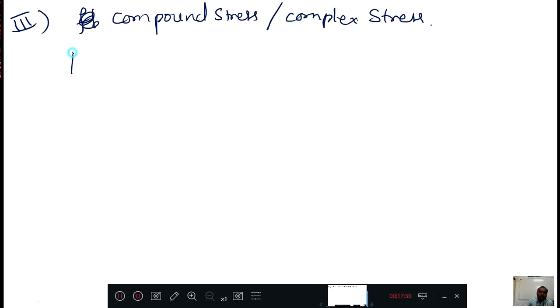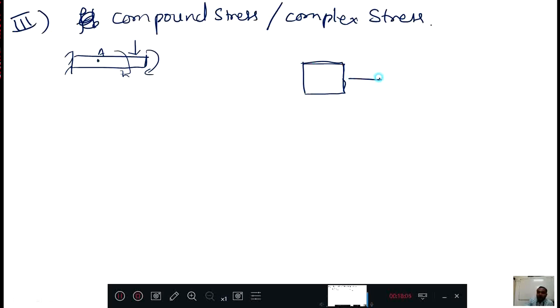Say for example, this is a beam. It is loaded with some force. Some torsion is there, some force is there, some moment is there. If I consider one point here somewhere, and that point, if I zoom it and write it here, it may look like a square plate. That is a small point here. That point, if I enlarge it and write it here, then it may look like a square plate.